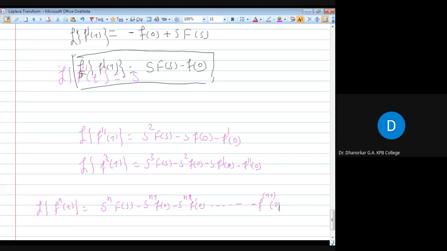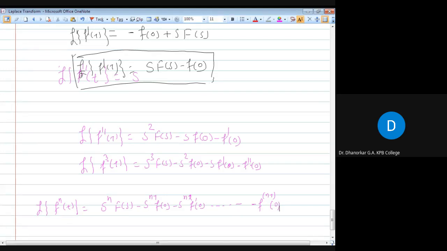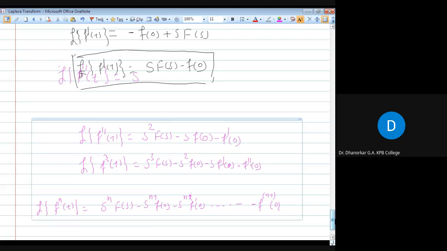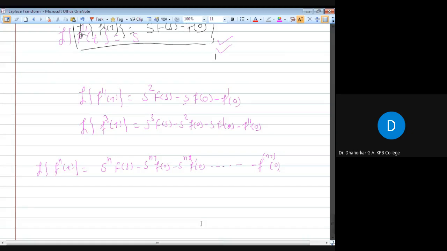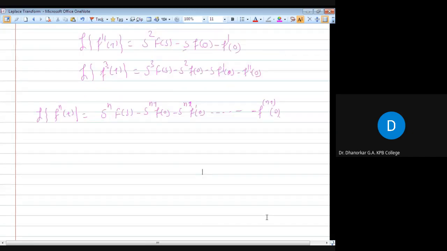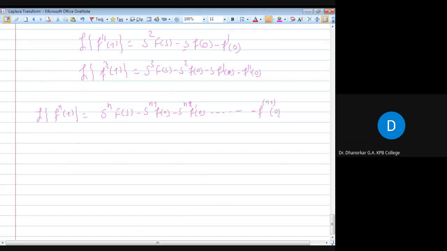This is your general formula, but do not go through this general formula. You should go through this formula. This is the important one for the point of view of our exam and problems. You should go through this result. Now what we learn, I will write all these properties and then we will discuss problems on these properties. I will rewrite all these properties and you can again note them down.